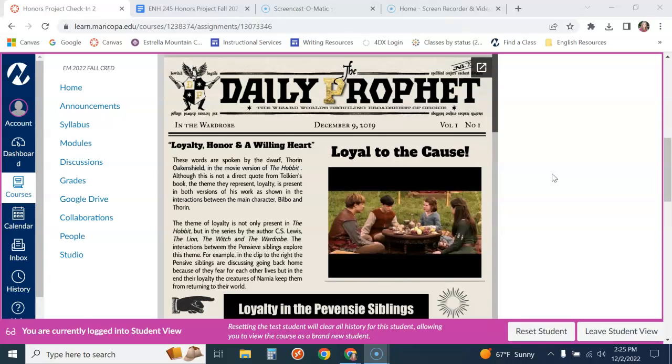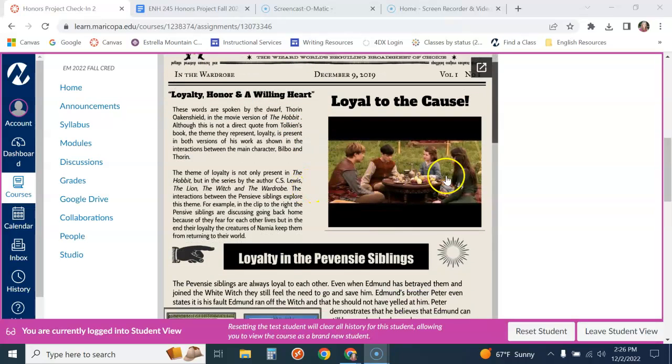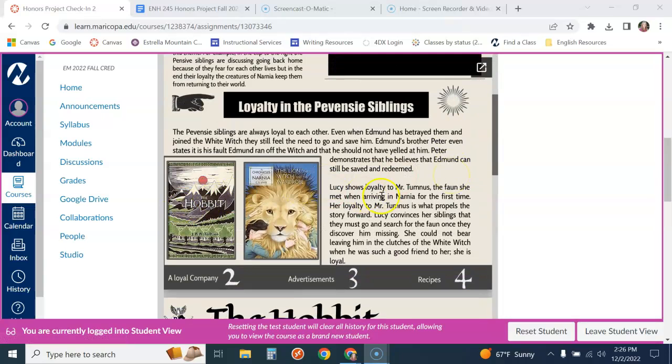So just as an example, this was not an honors project. This was a different project, so it doesn't exactly meet the requirements, but that's why I wanted to include it as a sample. So this student chose the daily profit template, which is a really fun template, and it works well for different fantasy things. You'll notice they customized it to be some fun things that are related to The Lion, the Witch, and the Wardrobe, and they've added pictures, and other things.